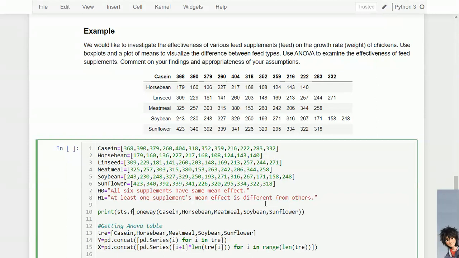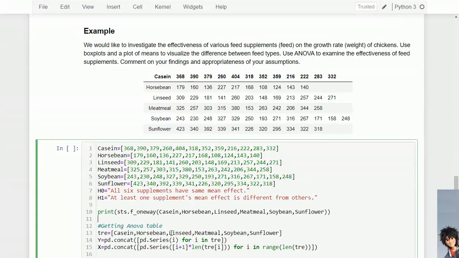Did I forget something? Okay, I forgot to add the mean.